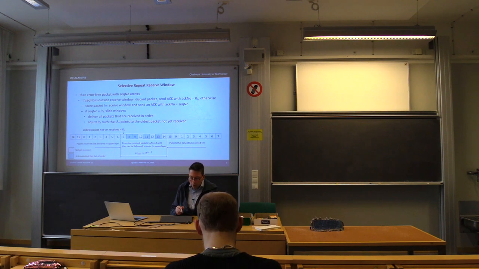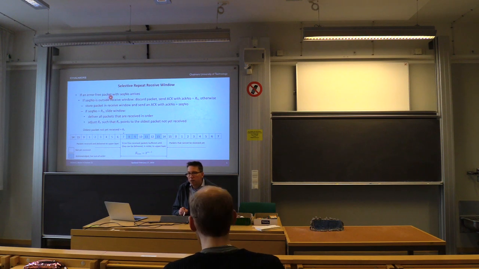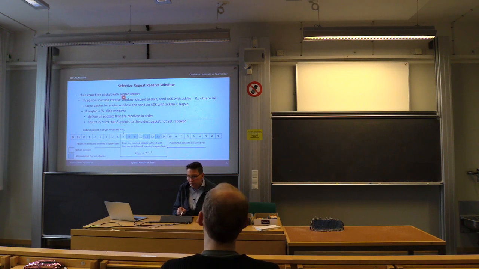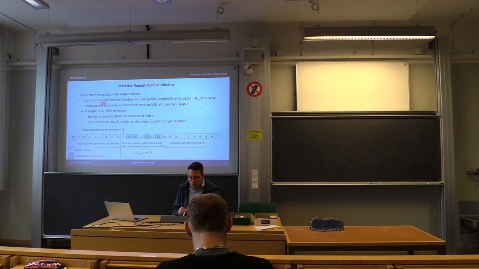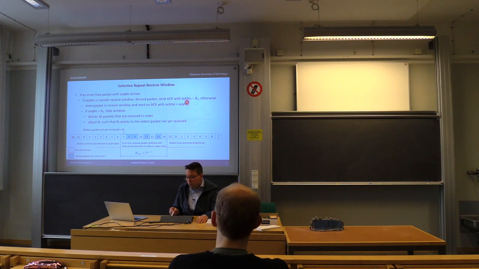Okay, there was some hiccup here. So what do we do at the receiver? First of all, what can happen here is that we get packets, and if we get a packet which has errors in it, we throw it away. If it has no errors in it, then we check the sequence number. And if the sequence number is outside the receive window, so it's either to the left, which are packets that we have already delivered, or to the right, where these are packets that don't fit into the receive window, then we throw it away. We throw it away and we send an acknowledgement reminding the transmitter that the next one that we really would like to get is